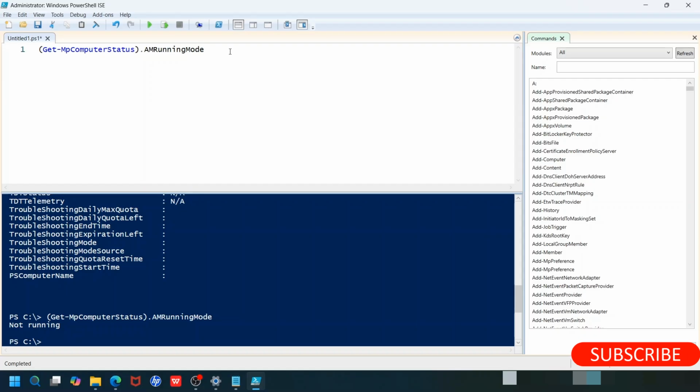Now what happens, Windows Defender comes by default with the Windows machine, okay, and sometimes we do not use that, we install any third-party antivirus, which is in my case, for which I'm going to create a one-liner script and show you. So to get the details of any other antivirus, any third-party antivirus, we have to use